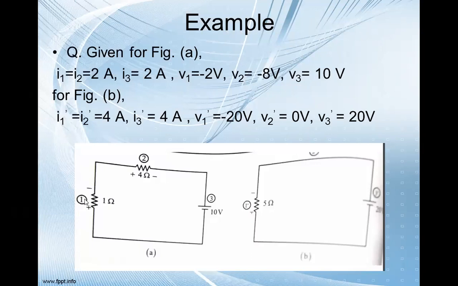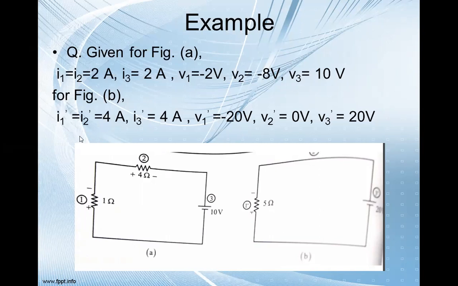Now apply it another way. I have taken the voltage of this network, now you take the voltage of the other one. You have to calculate this. Write the formula: V1 dash into I1 plus V2 dash into I2 plus V3 dash into I3. Calculate this value and tell me the answer. Is it 0? Yes, sir, 0. Correct.